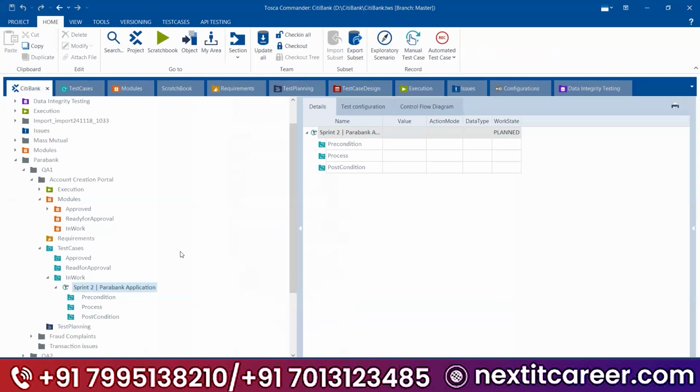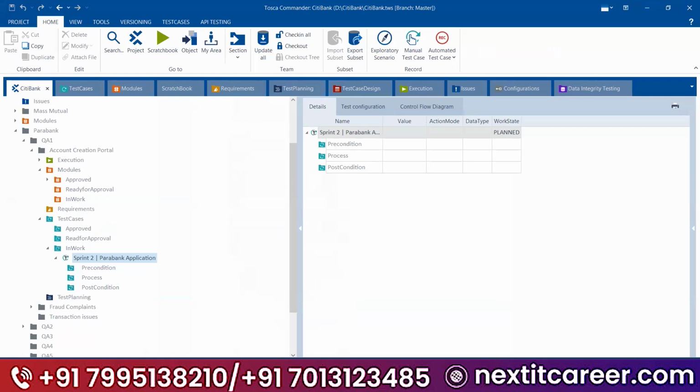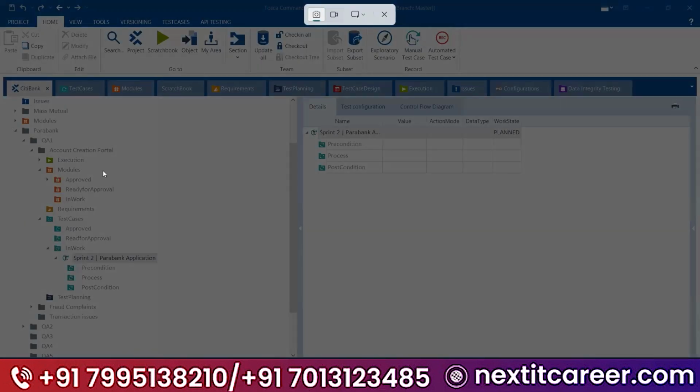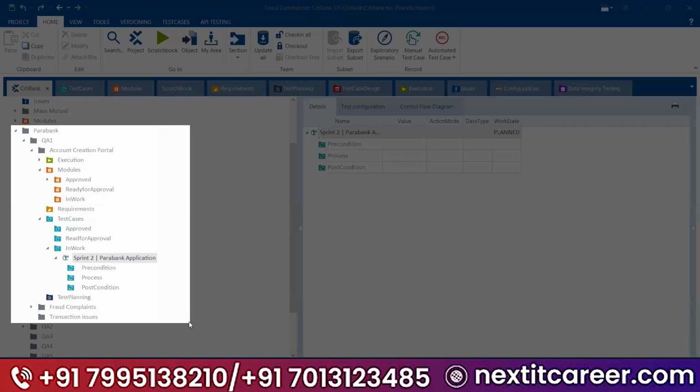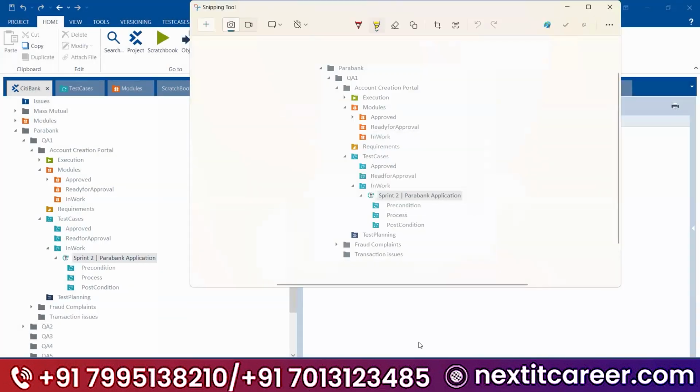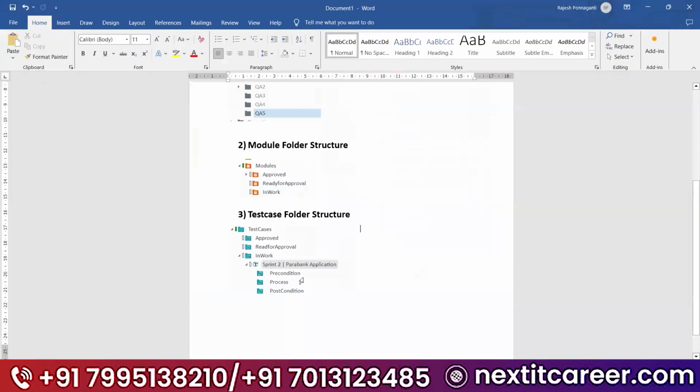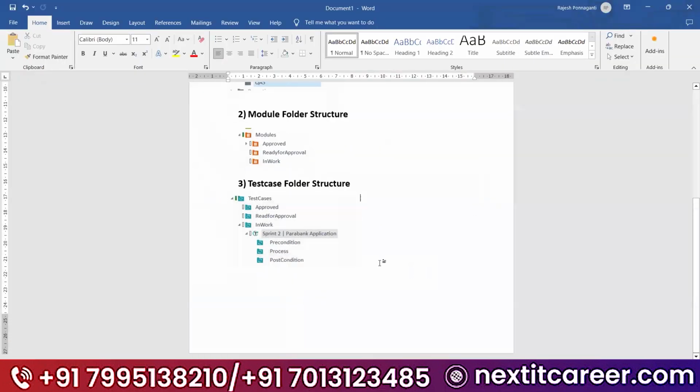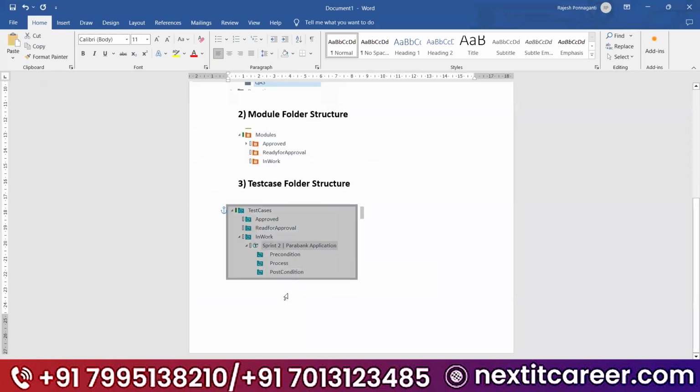Okay. So in a single stretch, if you want to see how the entire project will look, this is how it will look in one component folder in real time. Yeah, this is how it will look, guys.